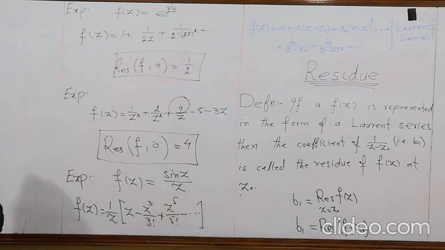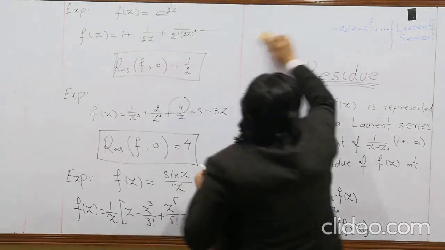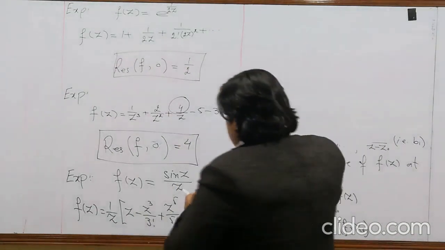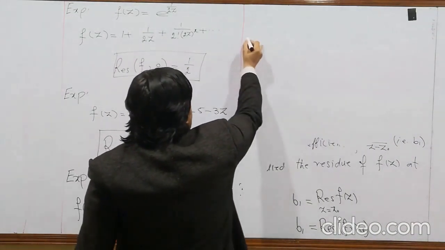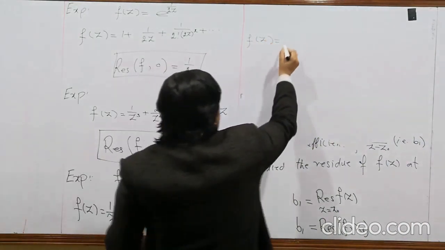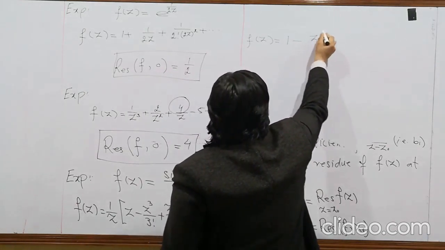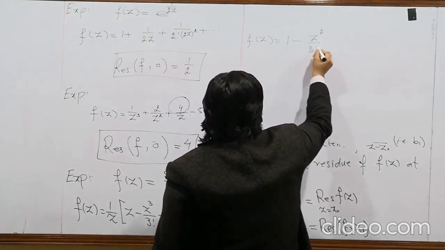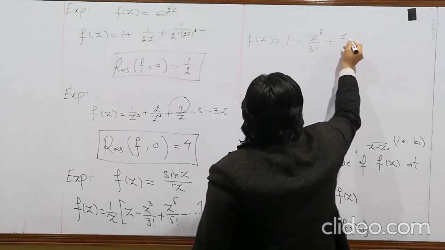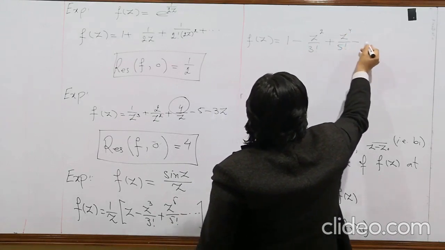And now I have to multiply 1 over z inside. So if I multiply 1 over z inside, I will get that f of z is equal to 1 minus z square by 3 factorial and plus z power 4 divided by 5 factorial and minus up to so